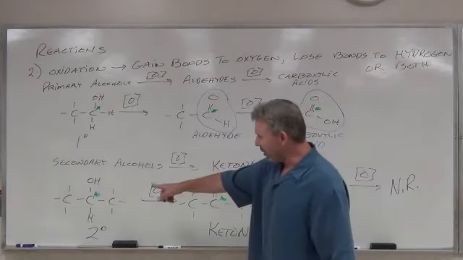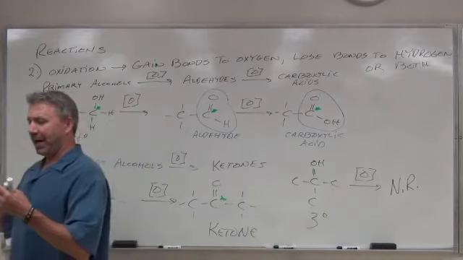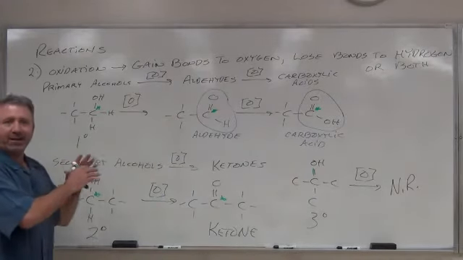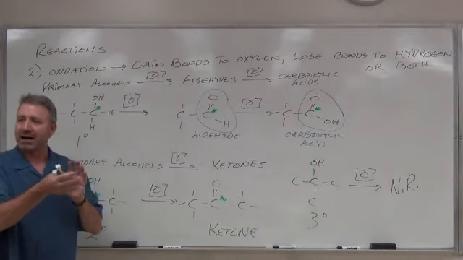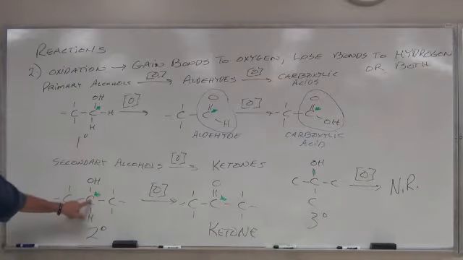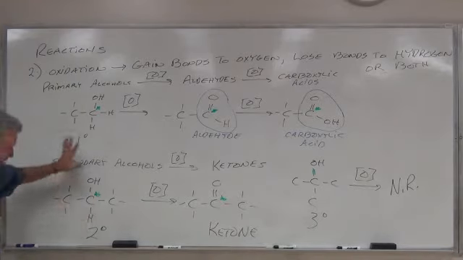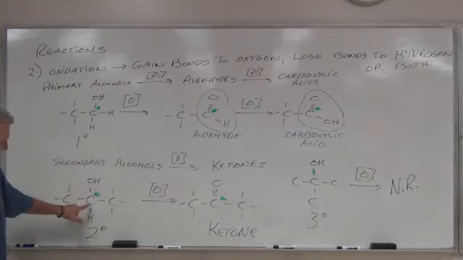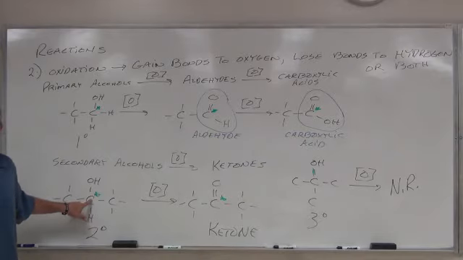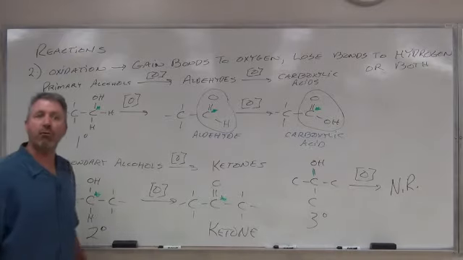So, in order for you to oxidize a carbon, now notice, remember I told you before, formulas aren't oxidized. Individual atoms are oxidized, right? It's this carbon that's oxidized, not this whole thing. It's this carbon, not this one, not this one, it's this one. In order to oxidize a carbon atom, that carbon must have at least one hydrogen bound to it. Okay, that's a general rule.